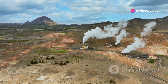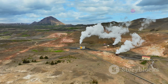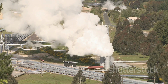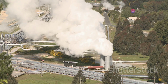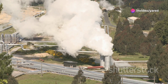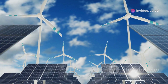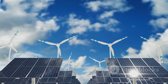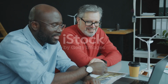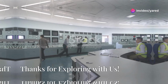Geothermal energy taps into the Earth's internal heat to generate electricity and provide heating and cooling. Geothermal power plants use steam from underground reservoirs to spin turbines, while geothermal heat pumps utilize the stable temperatures underground for efficient heating and cooling. Renewable energy systems are essential for mitigating climate change and creating a more sustainable energy future. As technology advances and costs continue to decline, renewable energy is poised to play an even greater role in powering